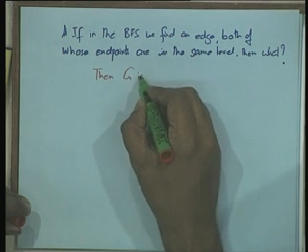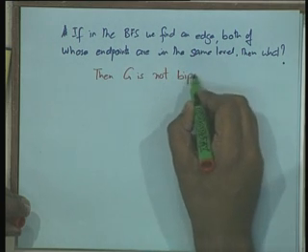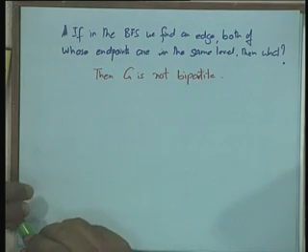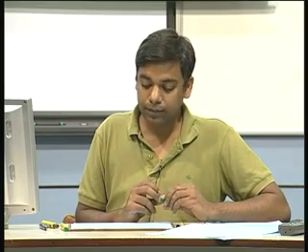Then G is not bipartite, but why? Suppose it is bipartite and you have partitioned it into U and V. Then the vertex we started the BFS with must be in some partition, let's say U. Then the next level must be in V, the next level must be in U. Ultimately this contradicts that it's bipartite. Okay, the proof is correct. I will give you a different proof though, because it will bring out another property of bipartite graphs.